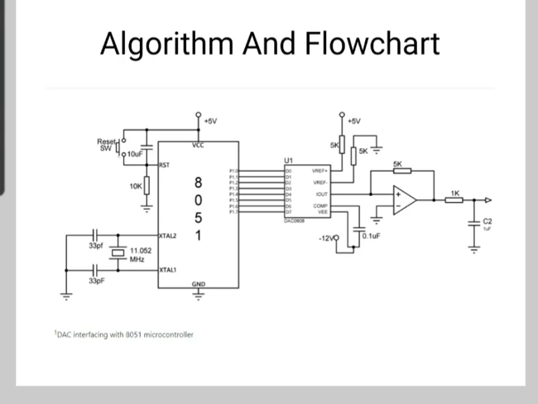So here the algorithm and the flow chart diagram are shown. The DAC 0808 module is connected with the 8051 microcontroller, and we require an IC 741 op-amp, that is an operational amplifier, to convert the current into voltage. In the DAC 0808, that is MC1408, the digital outputs are converted to current, and by connecting a resistor to